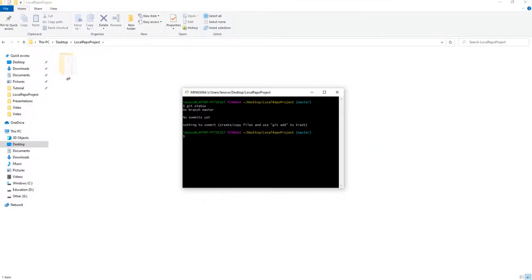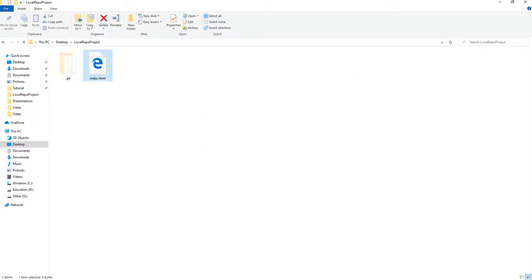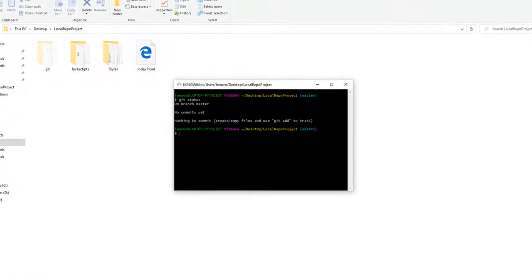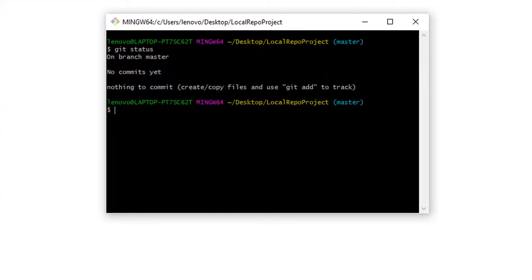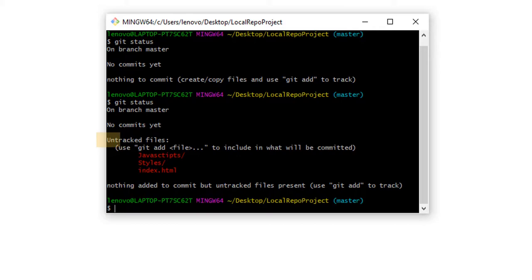So let us go ahead and add some files to the repository. For demonstration purposes, I've quickly added some dummy files and folders to resemble a project that we work on in our daily lives. Now that we have added files, let us check the status of the repository again. We can easily notice that a new title named untracked files has been added to the status. Also, all the files and folders that we just added to our project appear in red under this title.